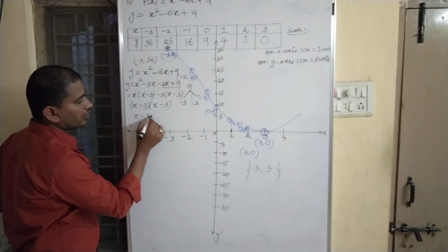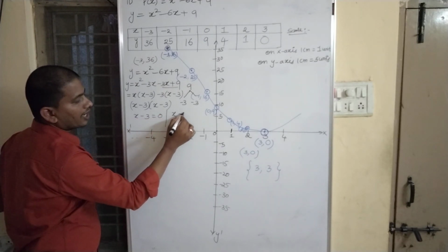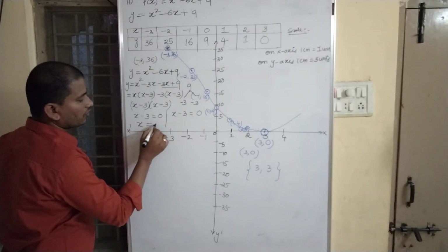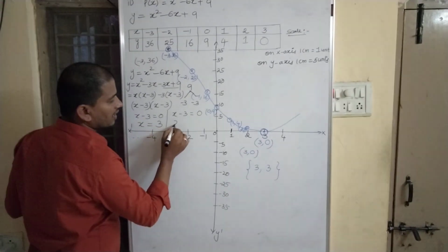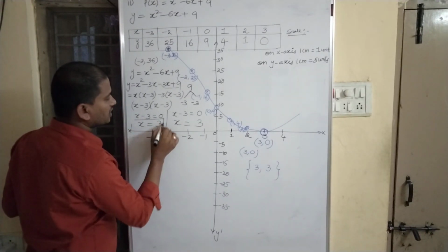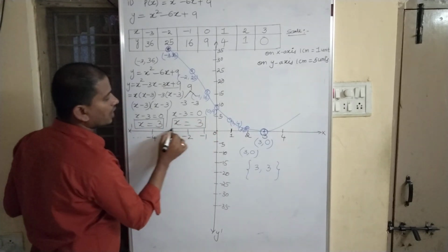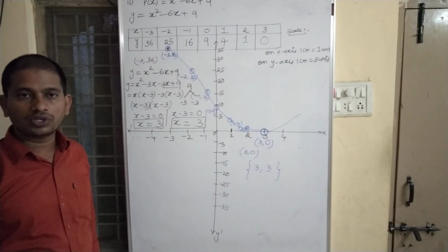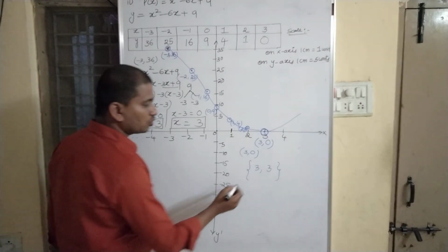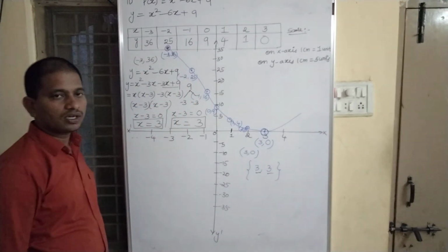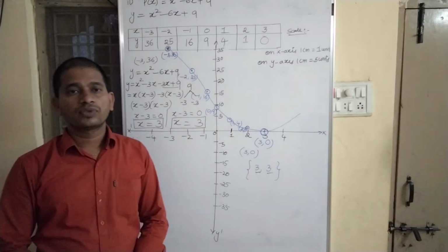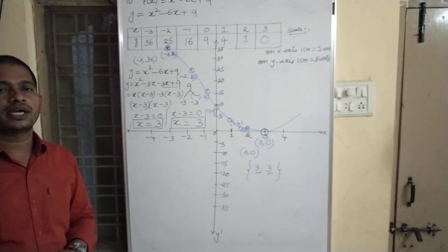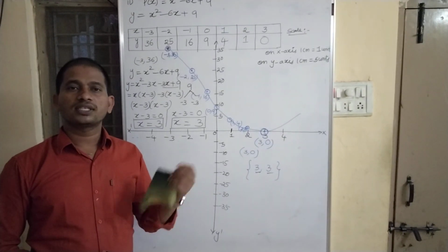So x minus 3 equal to 0 is one zero of the polynomial. x minus 3 equal to 0 is another zero of the polynomial. Minus 3, if you transpose, plus 3. You can check here, the two zeros are x equal to 3 and x equal to 3. We got two zeros, and the two zeros are the same. This is the second question, in third bit, second one, graph of the polynomial x square minus 6x plus 9. The third graph we will discuss in the next video.